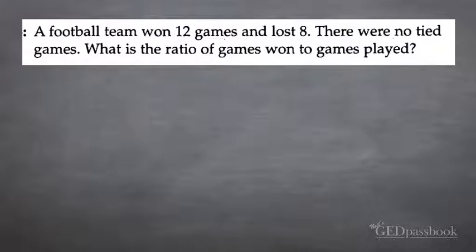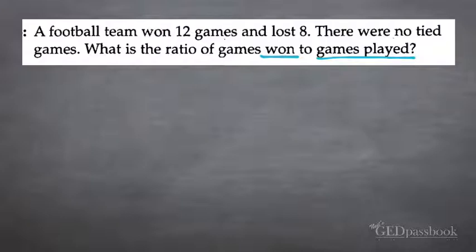Sometimes just to find a ratio, you have to do an extra step before writing out your final ratio. And it always comes down to, again, the last part of the question. A football team won 12 games and lost 8. There were no tied games. What is the ratio of games won to games played? So what are they looking for? They're looking for wins to games played,